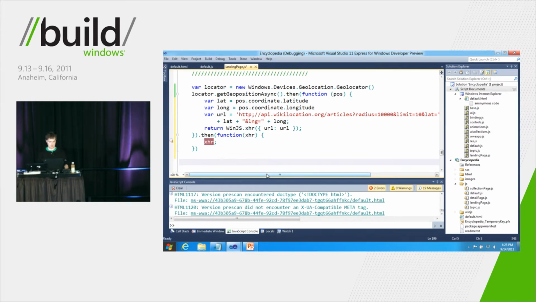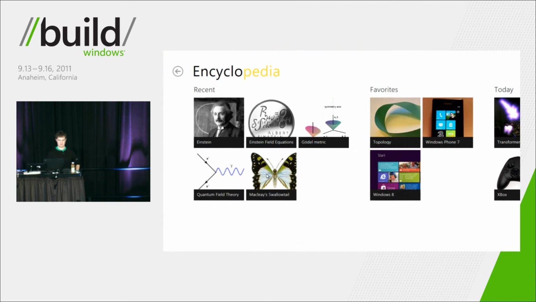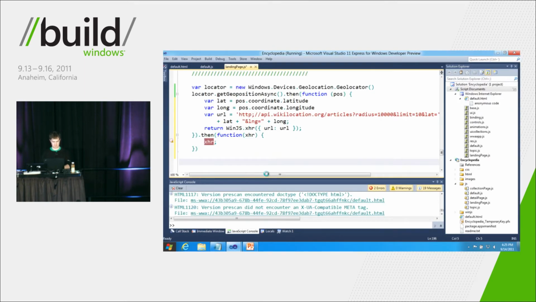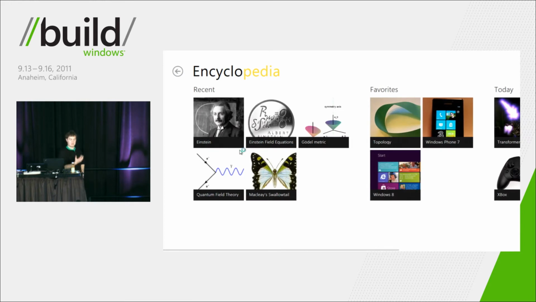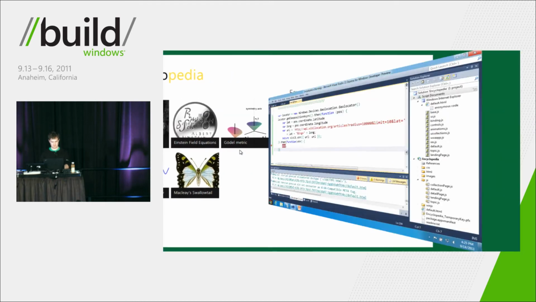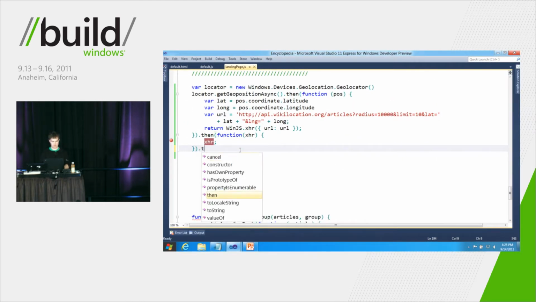So I'm going to set a breakpoint on that line, and I'm going to stop that running, hit F5. You see now the application ran, but unlike the last time, I'm not actually hitting this breakpoint. And so I wonder, something's going wrong here. I'm not actually hitting that breakpoint. I wonder why. So I can come back in here, and what I want to do is add some error